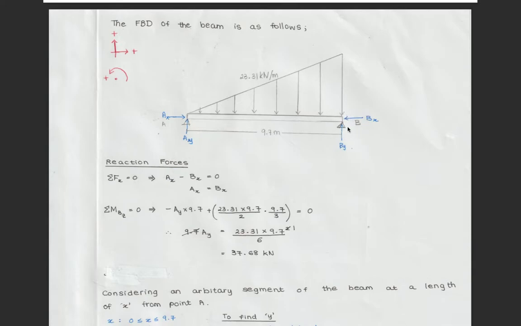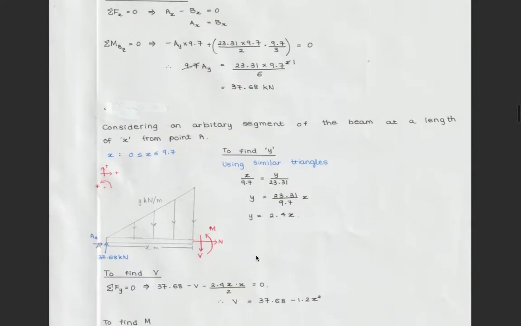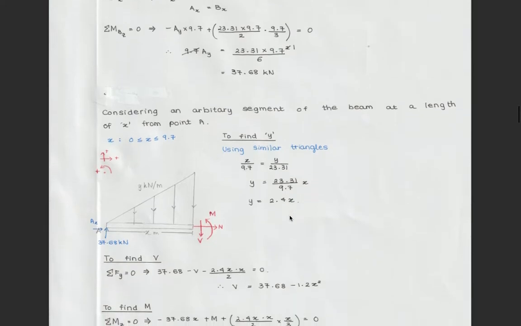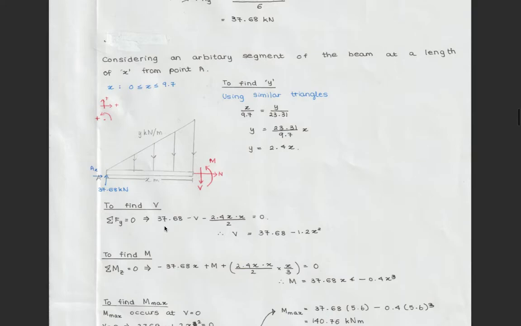the sum of bending moment around point B being equal to 0, and that gave me AY as being equal to 37.68 kilonewtons. Then I considered an arbitrary segment of my beam at a length of x from point A, as I mentioned earlier. So to find the distributed load of y, I used similar triangles which gave me y being equal to 2.4x. And then to find the equation for the shear force, I used the sum of